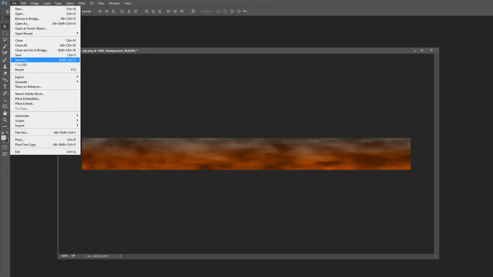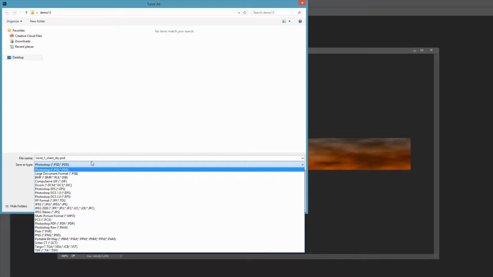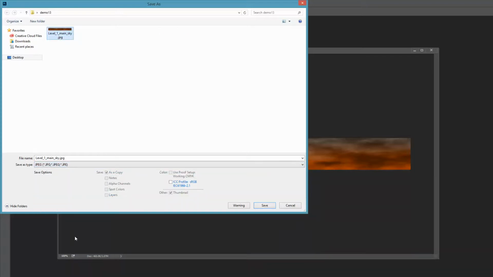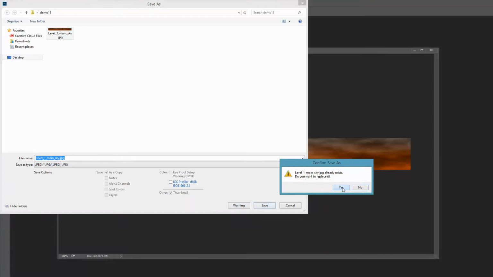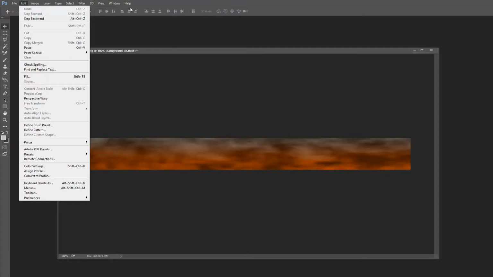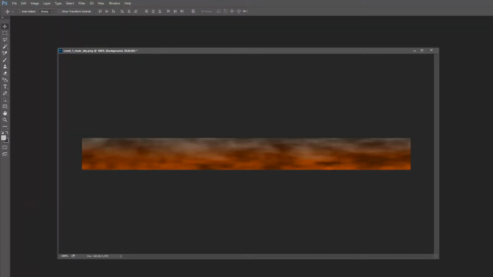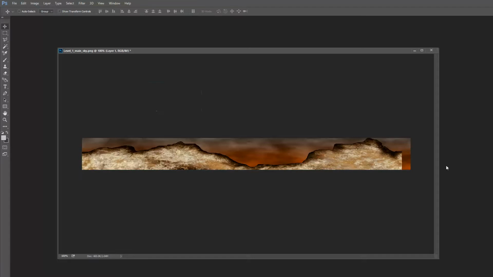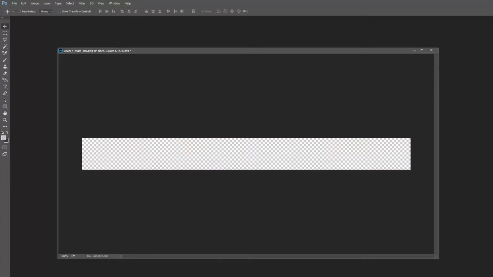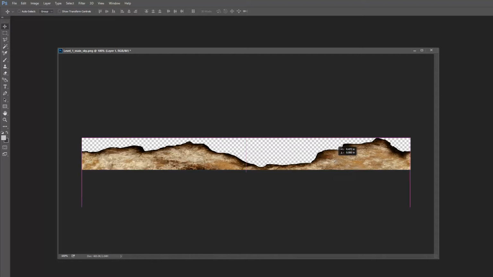So the first one, save as, and I'm going to do just a simple JPEG for that one. Right here, and right here, and I'll save. Now in the second one, let me undo that just a second actually. Alright, now I'm going to save the bridge. As you can see, the bridge, and let me make it, it moved a little bit,